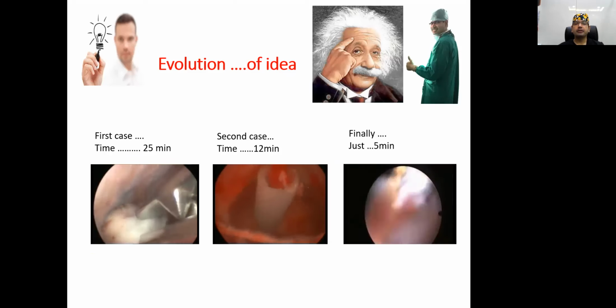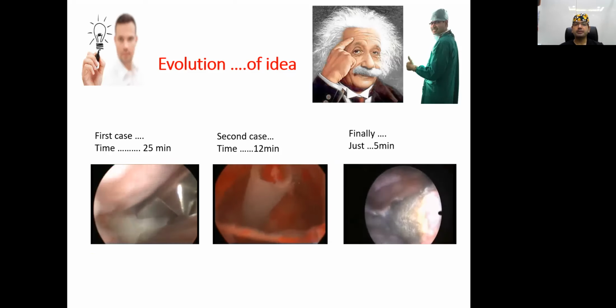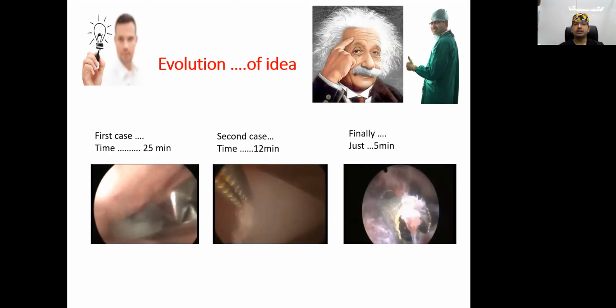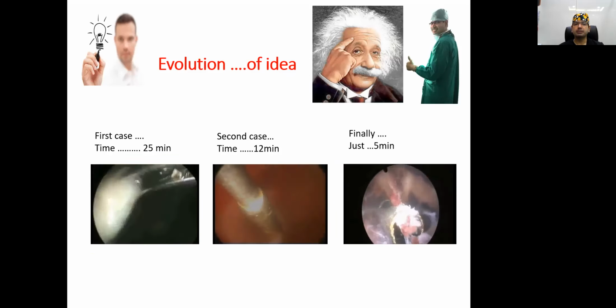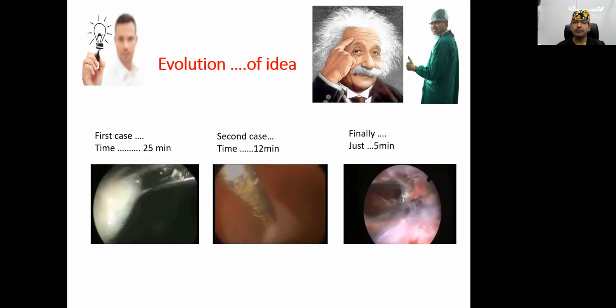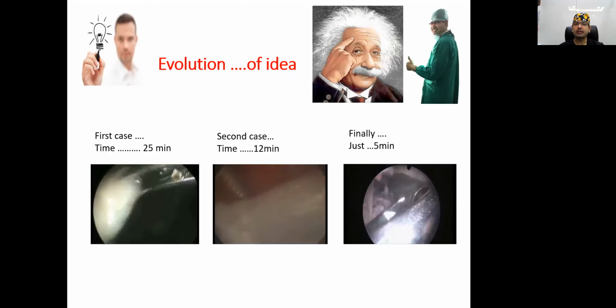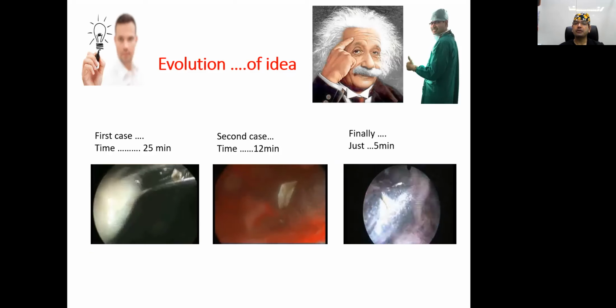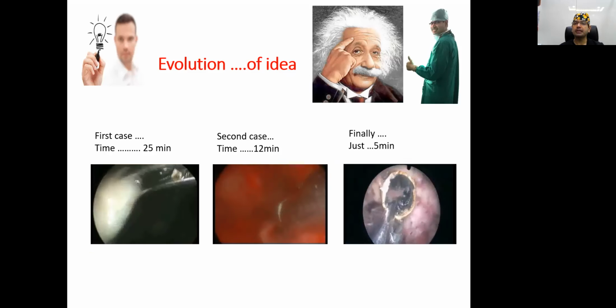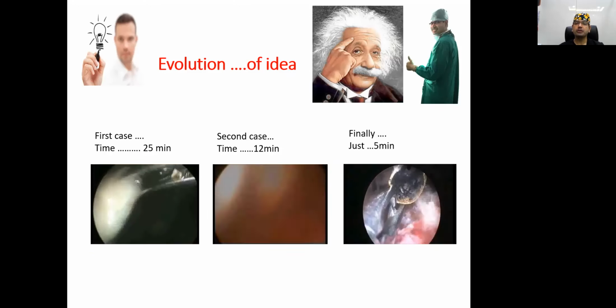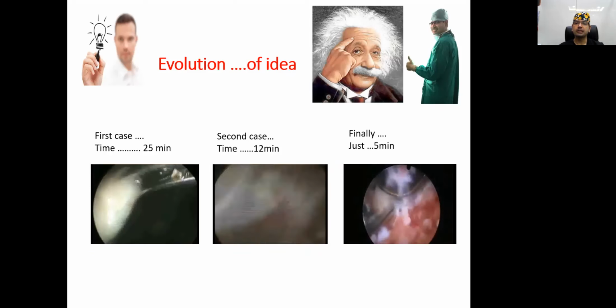The second time, when there was a broken manual vacuum aspiration tip, we used a hysteroscopic grasper, but since it is a bulky part, we could not hold it. And hence, after struggling for 10-15 minutes, we removed it with the help of the laparoscopic tenaculum. And finally, when I was called for removing a broken metal tip cannula, straightaway we picked up the laparoscopic tenaculum and the case was finished in 5 minutes. So this is how the idea of use of laparoscopic tenaculum by the side of the hysteroscope was developed.